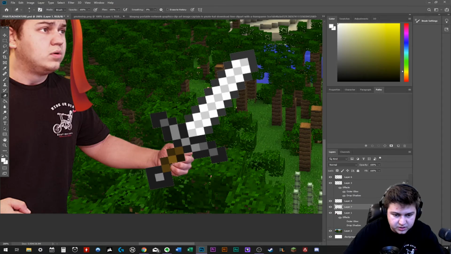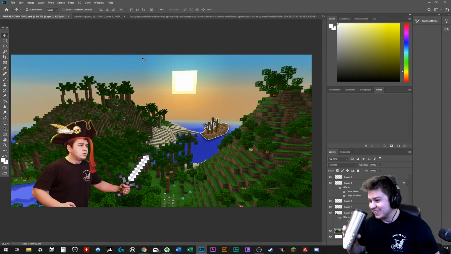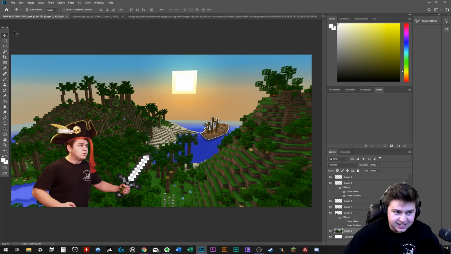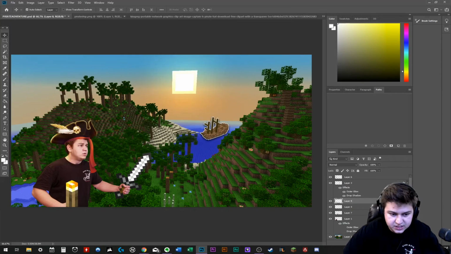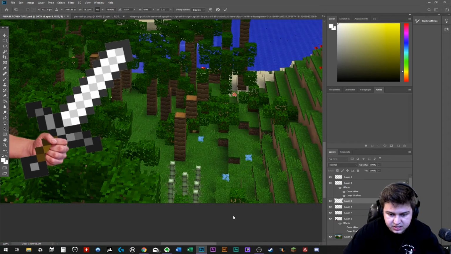So this is probably the worst way to do this. I can guarantee there's much better, more professional Photoshop methods to Photoshop something into someone's hand like this. But for our purposes, I'm not worried about it. Good enough. And it's kind of funny that it looks so short. And I want to do a torch too. Same thing. I gotta figure out a way to do like a glow effect on that thing, because